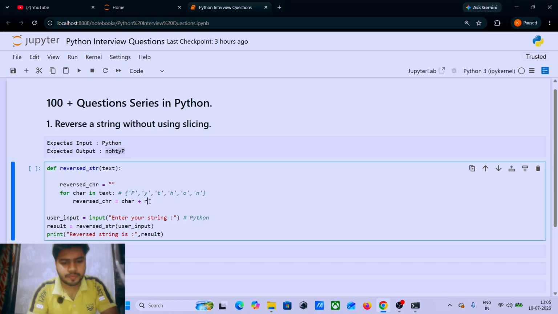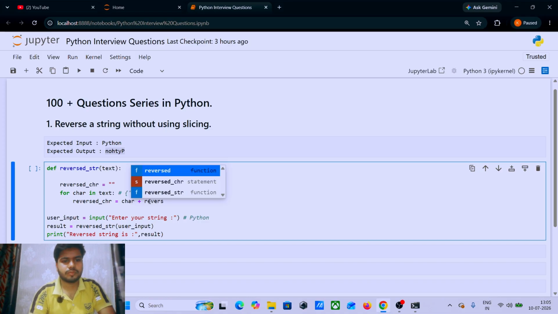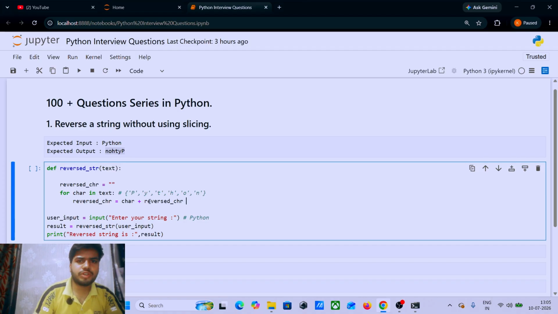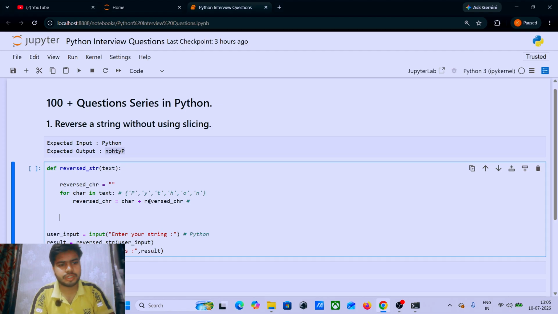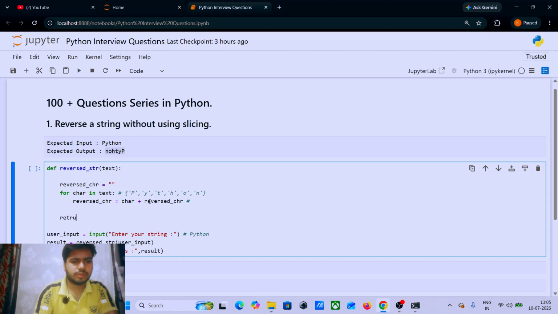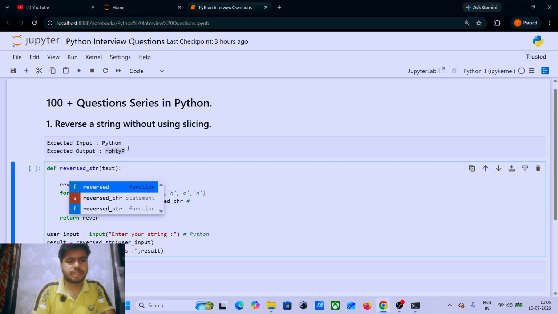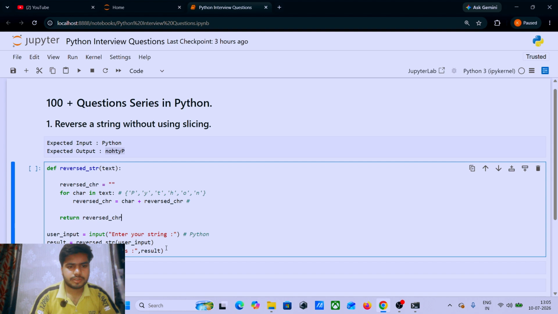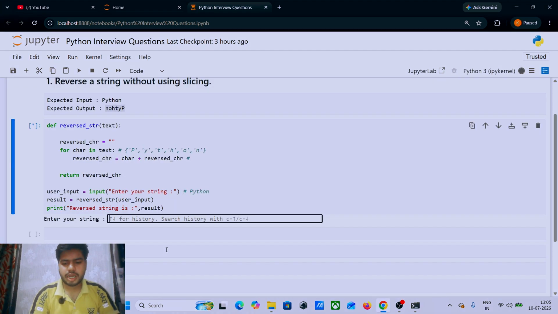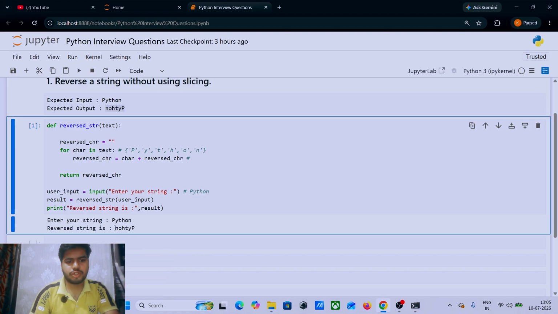Firstly, let me write the whole code. Then return reverse character. Run this code, and I write Python, so it completely runs well.